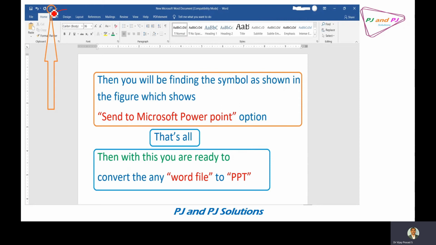When you put the cursor on that symbol, it shows Send to Microsoft PowerPoint. Now that's all, friends. You are ready to convert your Word file to PPT. How we'll do that, I will explain in the coming slide. Let us see.